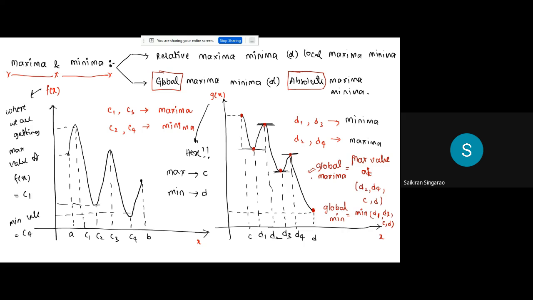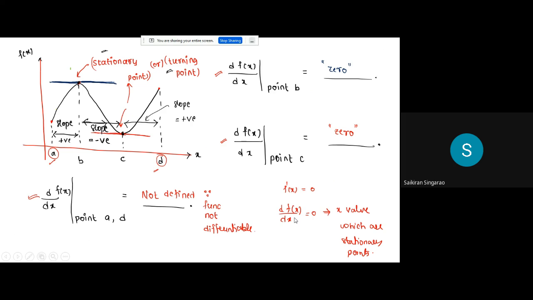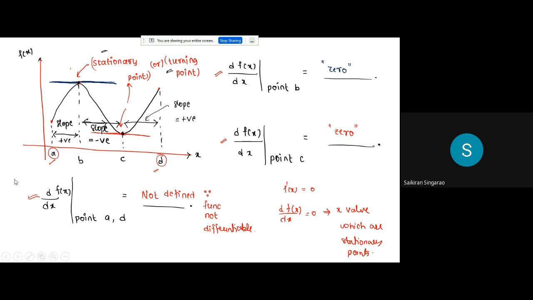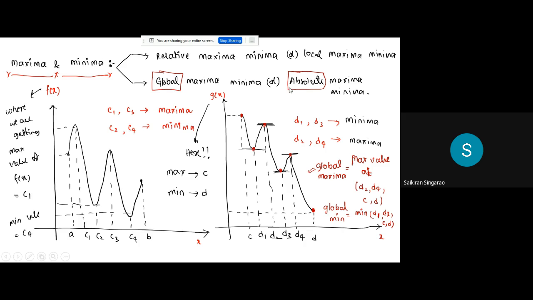Whatever points are there between the extreme points, when you do differentiation, when you do f dash of x and equate it to 0, you will identify all those points. But the extreme points are there, right? At those points the function is not differentiable, so you will not be able to get those points in the first derivative test. So whenever you are finding first derivative equal to 0, the points which you are getting are the points which are not extreme points. But when you want global maxima, you have to include the extremity points also, and also compare them with the local maxima.